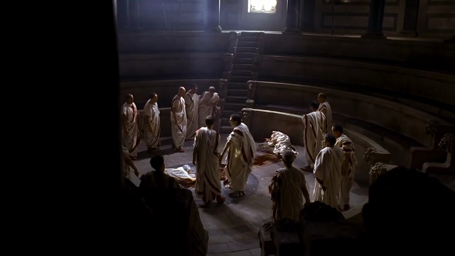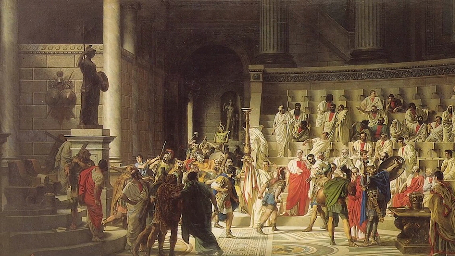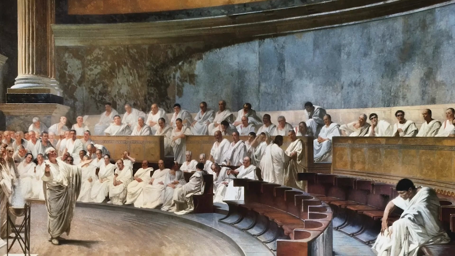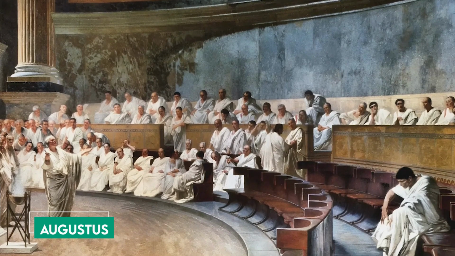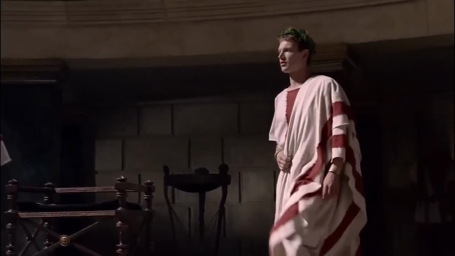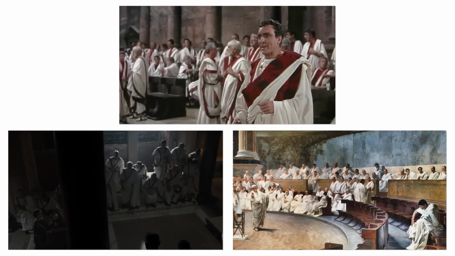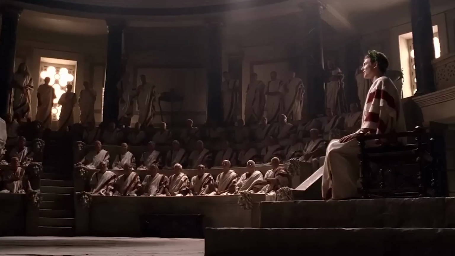Ascending to power after Caesar's assassination, Octavian surpassed his father's influence. In response, the Roman Senate conferred upon him the title of Augustus, granting perpetual rule. Unchallenged, Augustus became Rome's first emperor, inadvertently fulfilling the fears of those who plotted against Caesar, setting the stage for